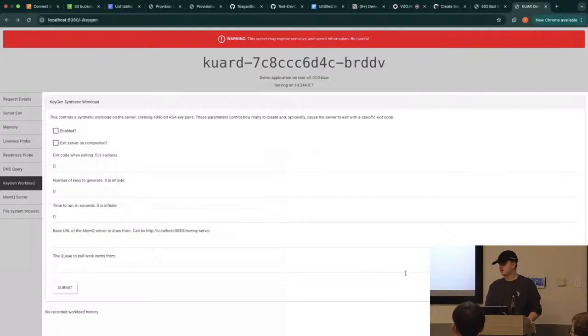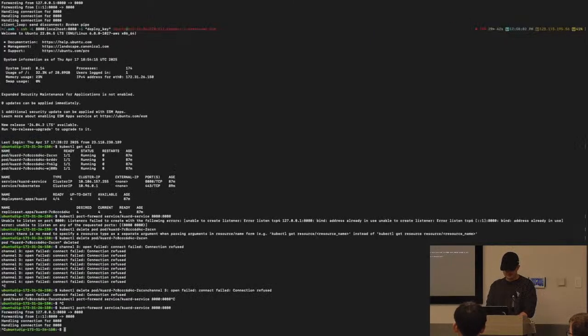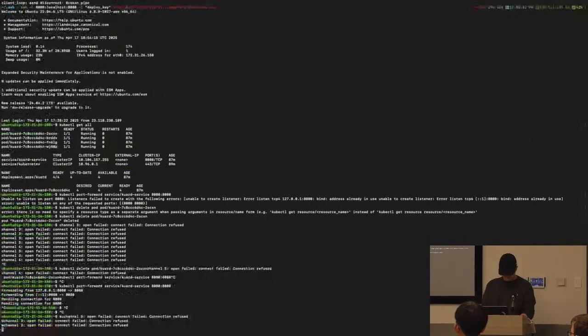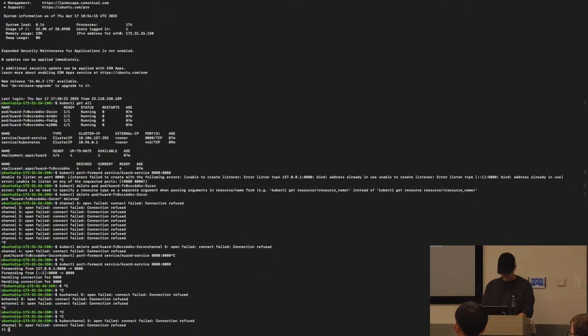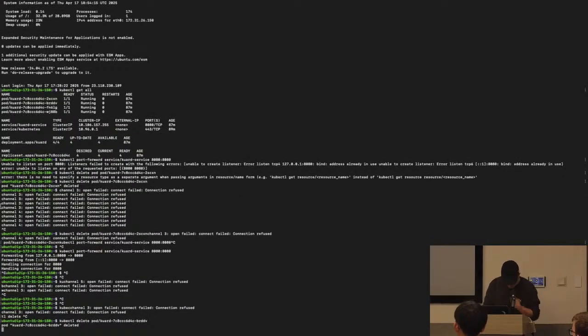So when you have this load balancer, no matter how fast you try to delete these, things are still up. If I try to delete all of these applications or nodes, so do kubectl delete, I delete that, I delete this one right here.